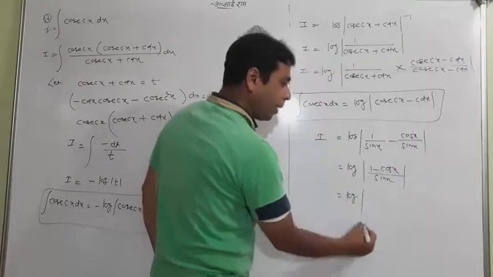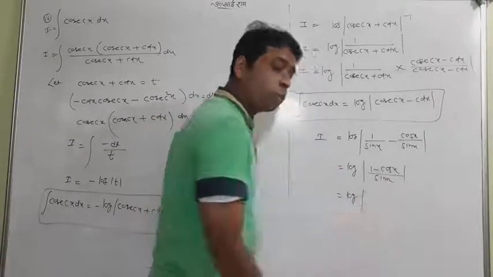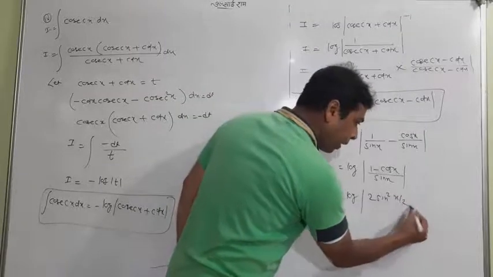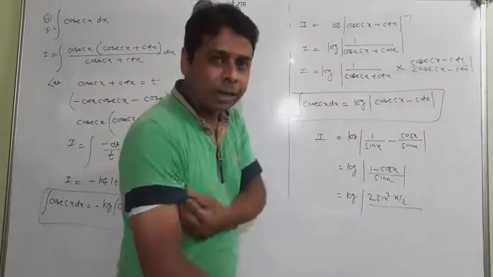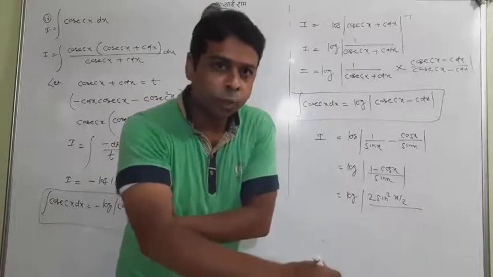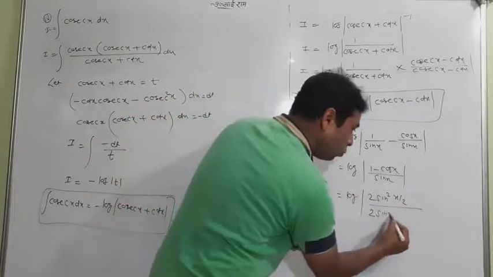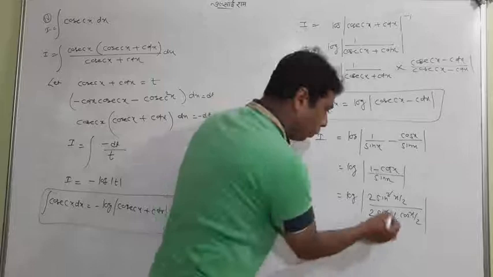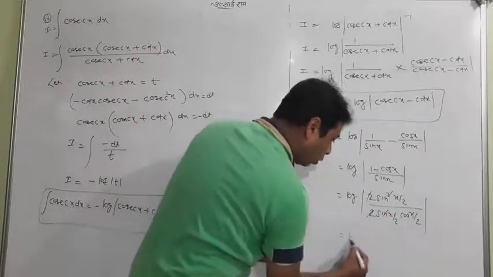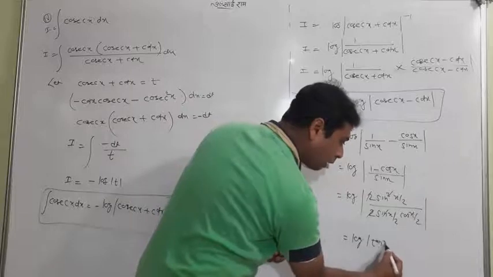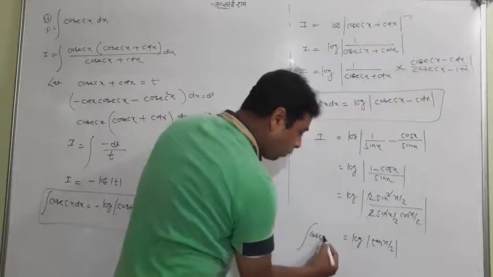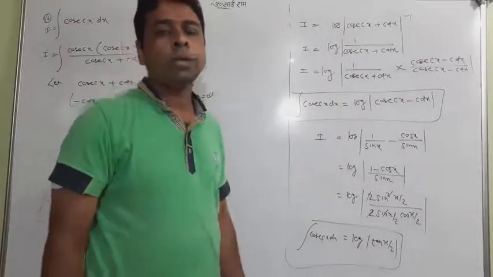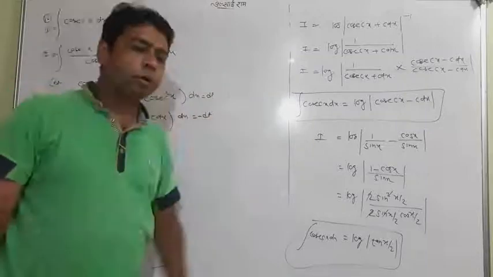Now students, you must remember that 1 minus cos x is a very famous formula of integration, trigonometry. This is 2 sin square x by 2, and sin x is the half angle of sin 2x. So sin 2x is the formula 2 sin x cos x, so sin x is 2 sin x by 2 cos x by 2. One sin will cancel with one, 2 and 2 cancel, so sin by cos will be tan x by 2. This is very famous for the integration of cosec x, and this is actually used often in questions. So this is the whole concept of the integration of cosec x.